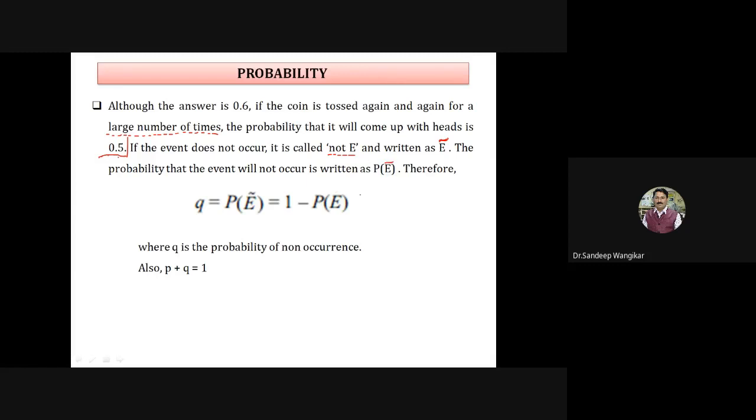written like this, P(E), for the event occurring, without a sign, and for the event not occurring, P with a sign on the top. So I can say the probability that the event will not occur, P(not E), is 1 minus P(E). So what is this 1? 1 minus, this is the answer for